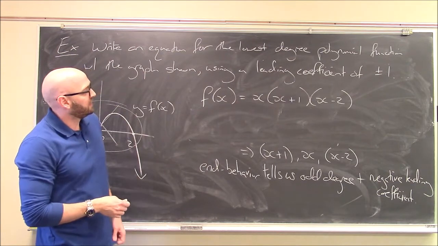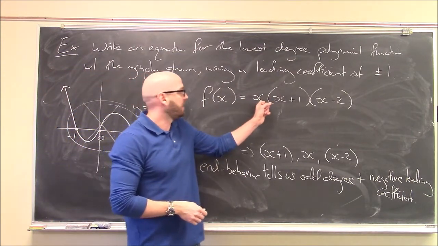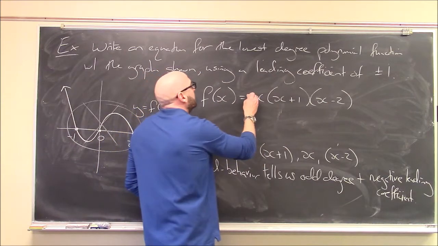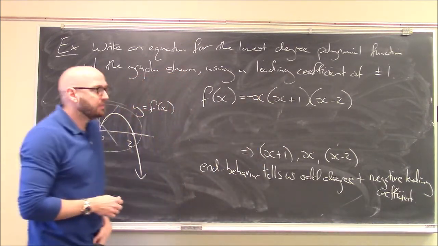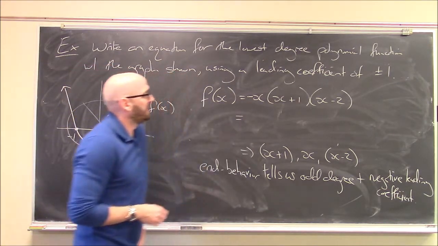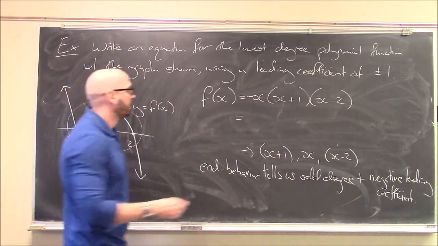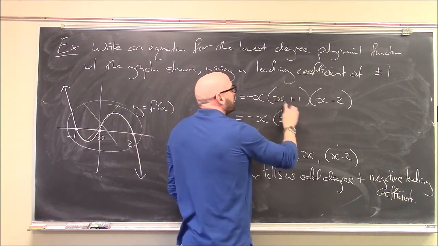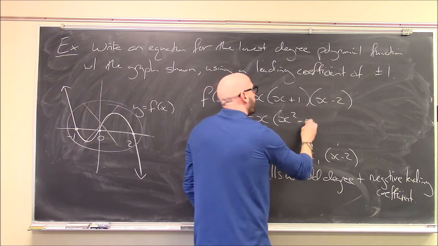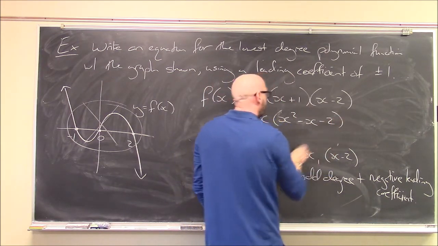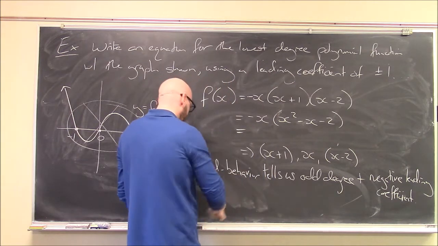And you'll notice that when I multiply these all out, my leading term will be x cubed. If I want a negative coefficient, I just need to put a negative in front of everything. And I think on my math lab they want you to expand this, so we'll expand this out. This will be minus x times x squared, minus 2x plus x is minus x, minus 1, or plus 1 times minus 2 is minus 2, or finally,